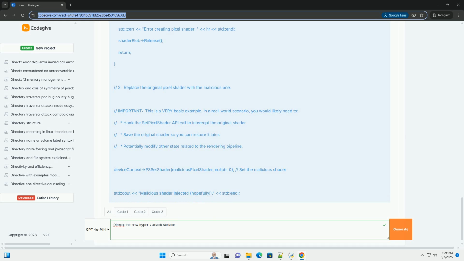Theoretical code example, C++, shader injection. Explanation: